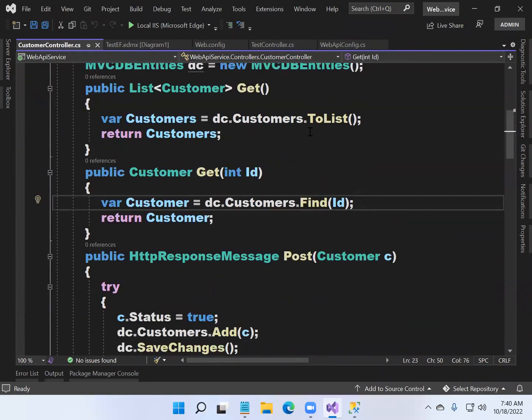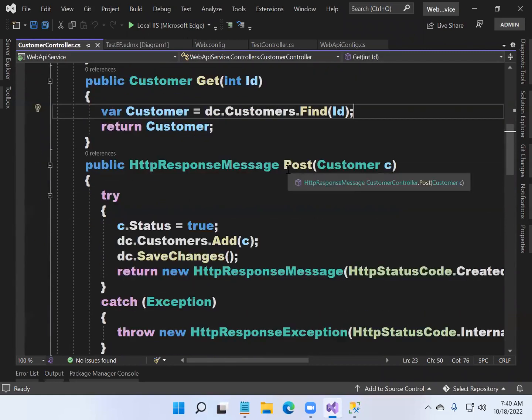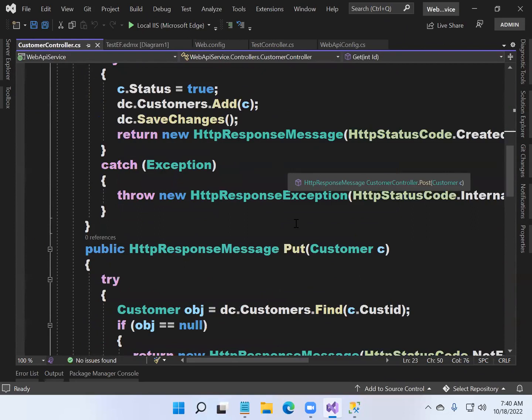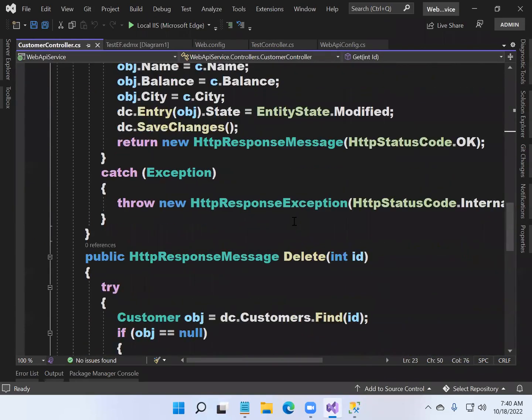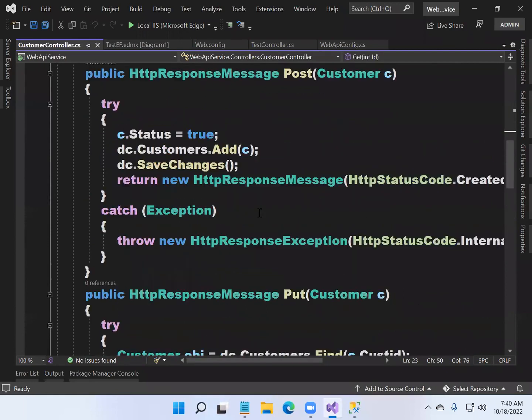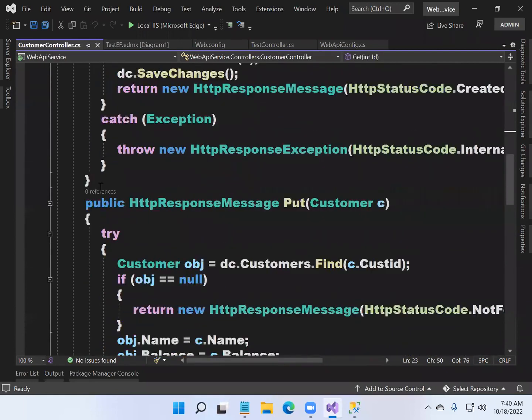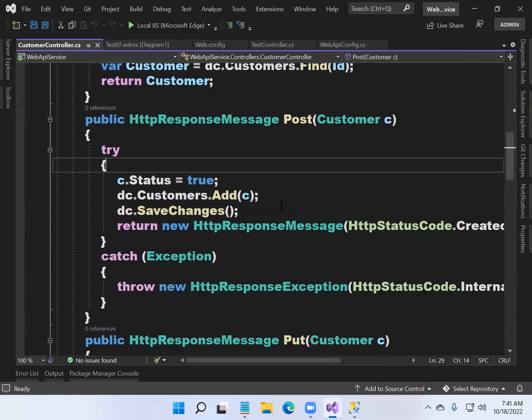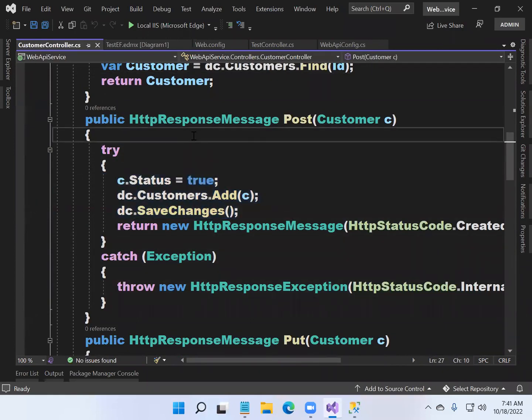Observe it. We already tested the get method. What we need to test is only post, put, and delete. What is post? Post is to insert a record. The internal code is the same, there is no difference. But generally, when we insert, we again call